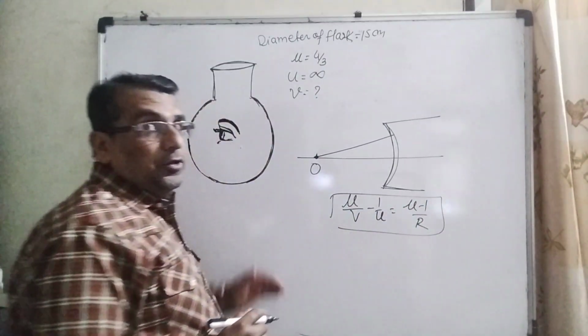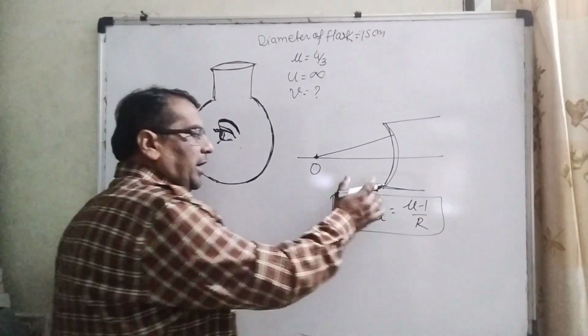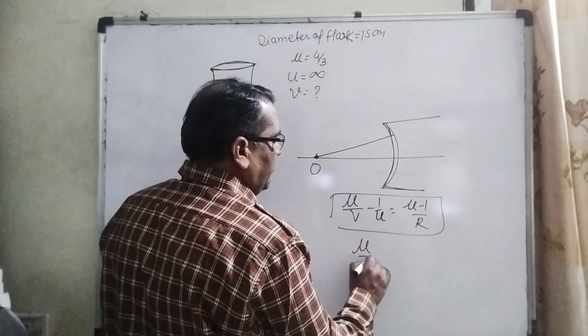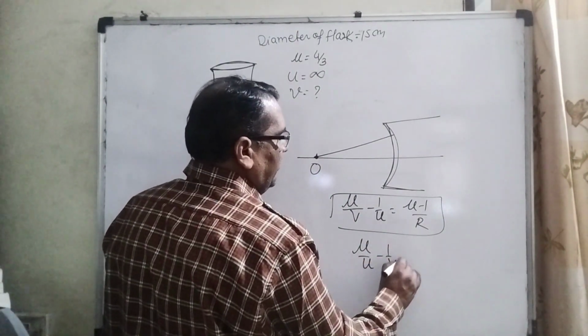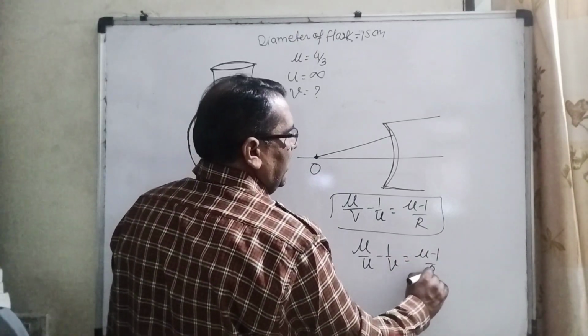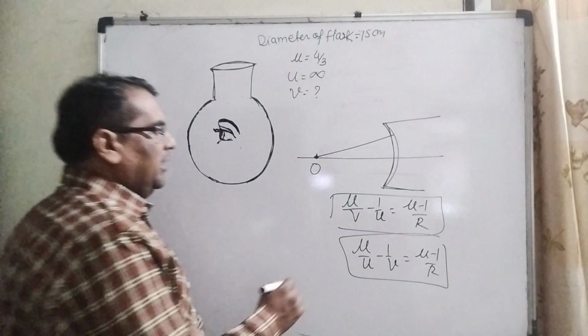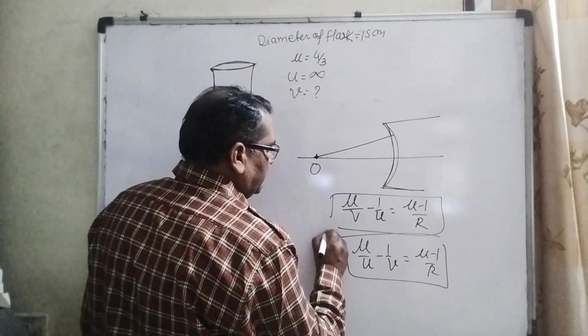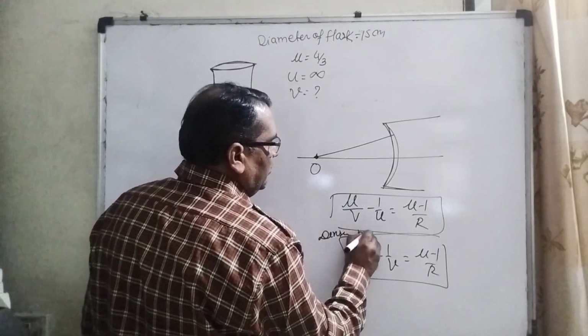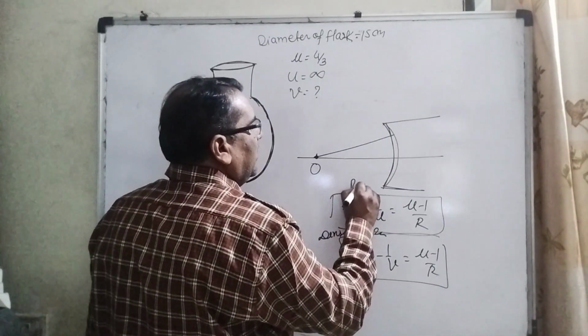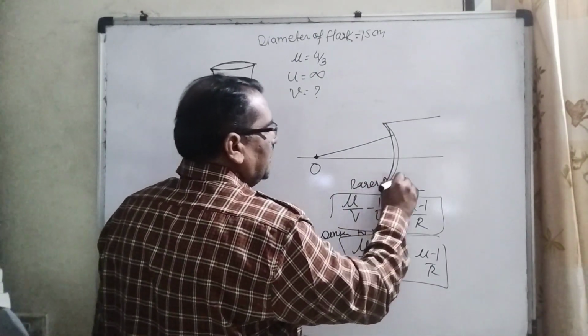When going from denser to rarer, you can use the formula mu by u minus 1 by v equals mu minus 1 by r. These two formulas can be utilized here, one for denser to rarer and one for rarer to denser. Okay,